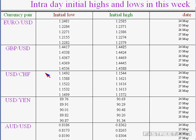So even if you think of a breakout trade, try to keep the hedging order below that of the initial high, 1.2379. In case you are taking a buy position at 1.2385, then try to keep a hedging order 30 pips below to limit the risk. In case they drop it, you just see whether the hedging is making profit. Simply close your buy position and take another sell position. And in both the sell positions, you should be able to close it near the low and you will be able to earn substantially. So this is how you should tactfully handle your positions in the market